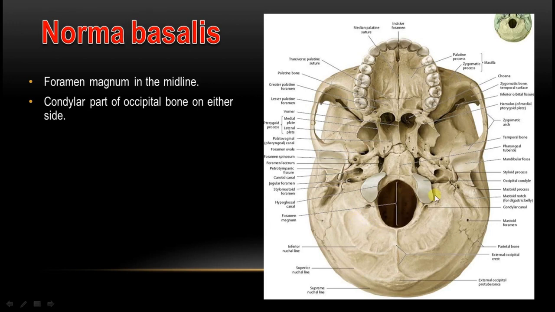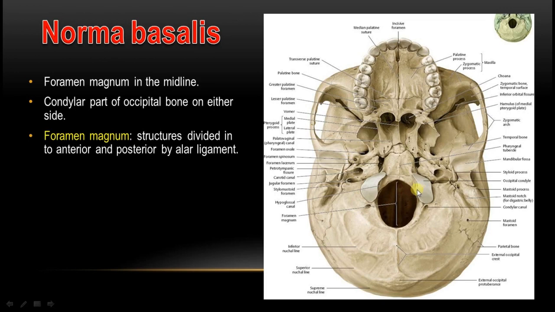Then you are able to see the mastoid process. Then the condylar part of the occipital bone, two occipital condyles through which it will articulate with the atlas vertebra, forming the atlanto-occipital joint, the joint between your head and the cervical vertebra or the neck is actually called the